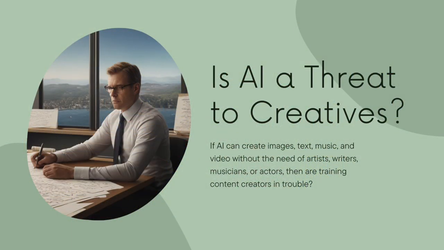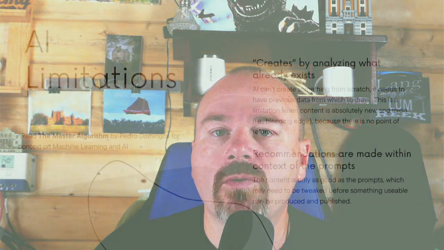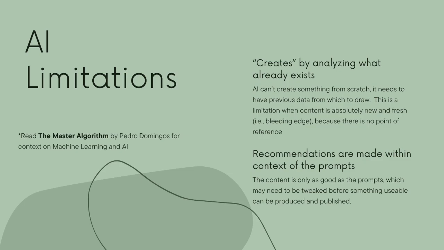Is this a threat? That's a really good question. I've done some research, and there's a really good book called The Master Algorithm. This book helped me understand how machine learning and, on top of that, AI works. The thing about AI is that it is able to do an analysis of large amounts of data, and then based off of the model that it's using, generative AI is able to build models and continue to build models until it finds something that can pass as original. But it's doing that by combining content from existing sources.